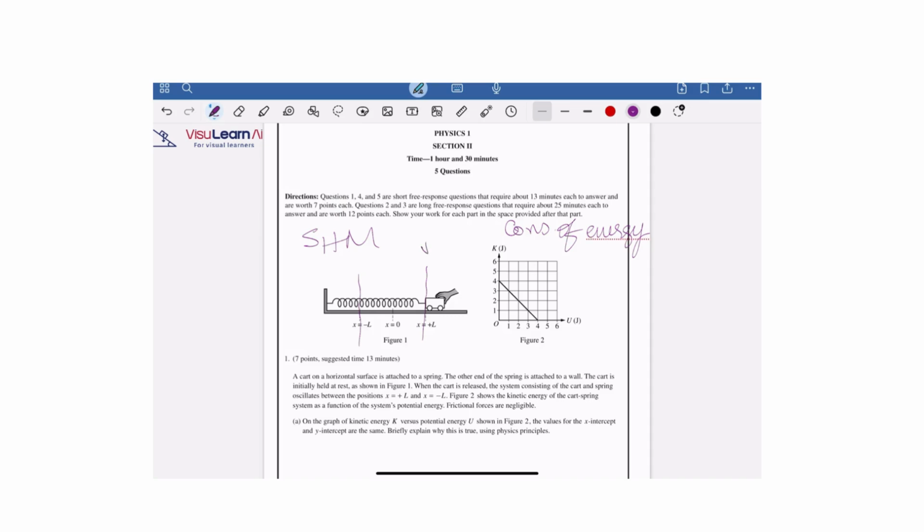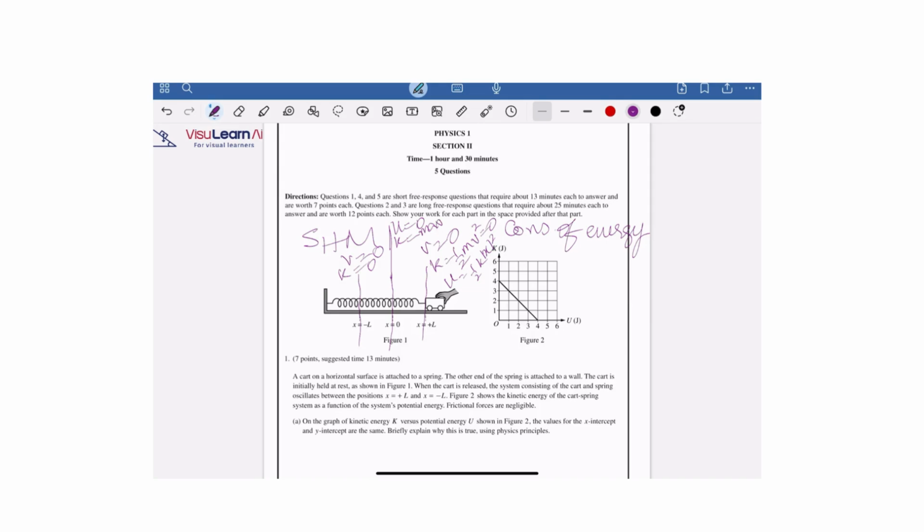Our first task is to explain why this graph is a straight line from 4 to 4 on each of the axes of kinetic energy and the potential energy. Let's analyze what the kinetic energy and the potential energy are at each of the extremes of the simple harmonic motion. At point plus L, we see that the velocity is equal to 0 as it explains in the question. And hence, since the kinetic energy is equal to half mv squared, the kinetic energy at plus L will also be 0. Since the energy is conserved, we already know that at this point the potential energy would be